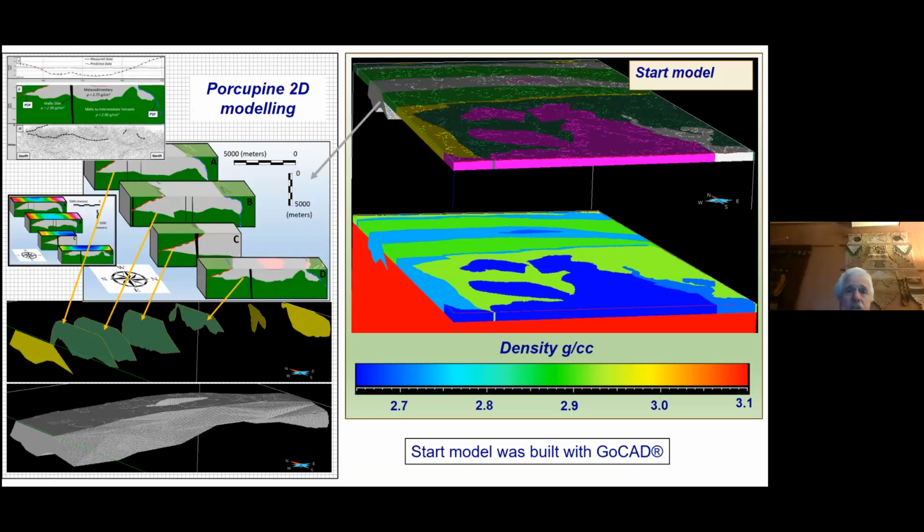So the way Fabiano started off doing this was by doing two-dimensional modeling to try and understand what the geometry of the Porcupine was. So there were 5 different profiles where we had Metal Earth gravity data, and he modeled the geometry of the Porcupine on,